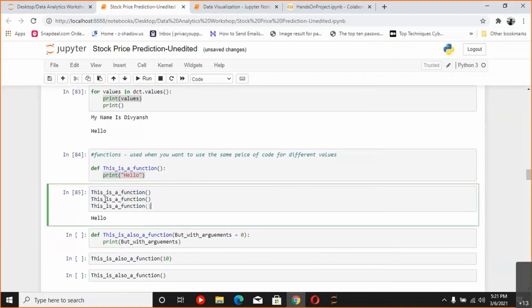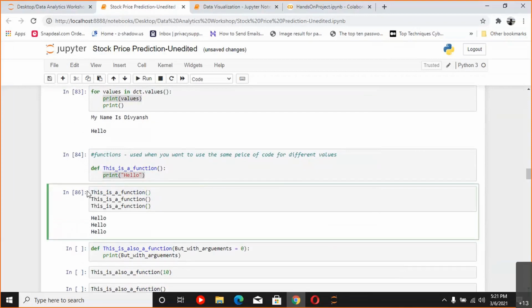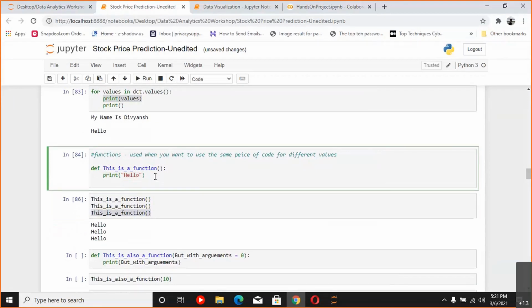So now if I type this line 3 times, you can expect that the statement will be called 3 times, because firstly this line called the print statement, then this line called the print statement, and then this line called the print statement. And talking about indentation, if I write print hi here, you can see this block is indented and this block is not indented.